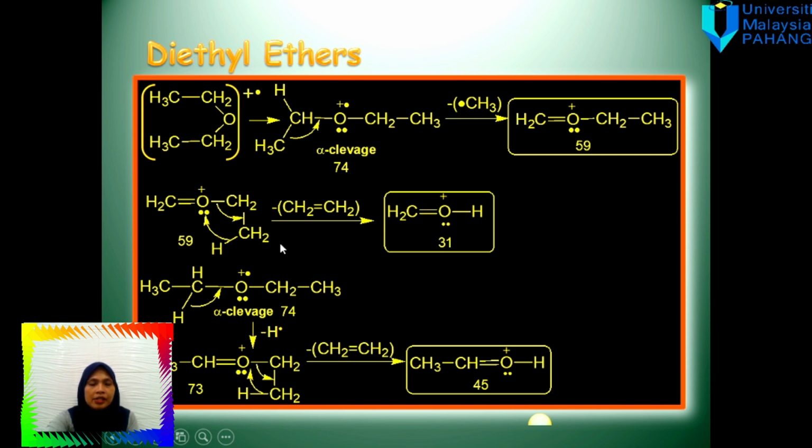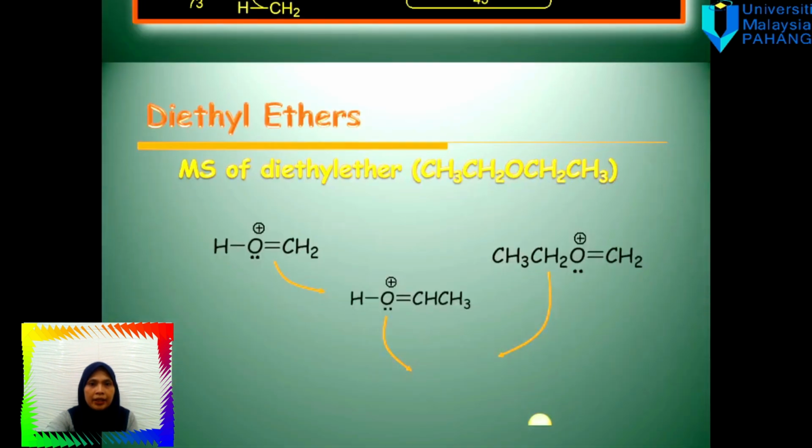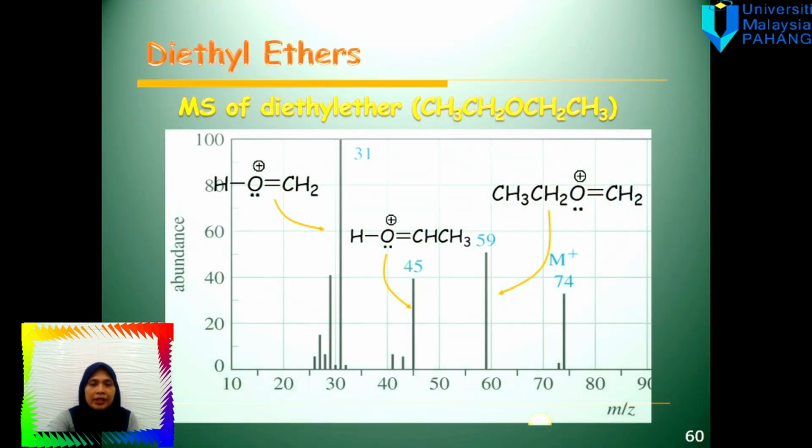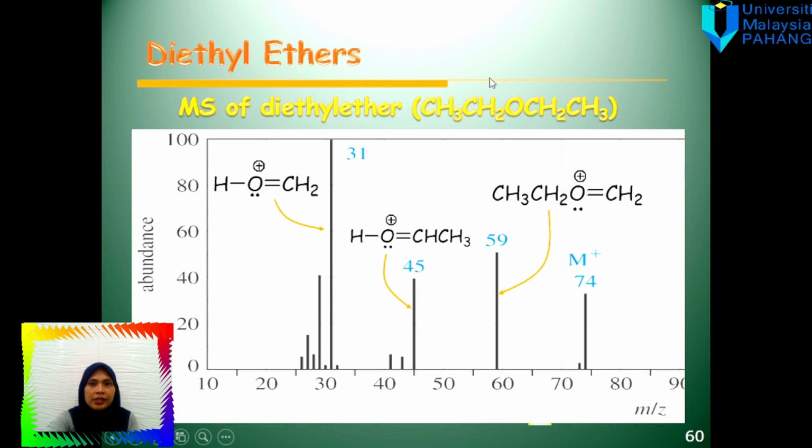So this is the next mechanism. We have to predict how m/z 31 has been formed by the transfer of electrons. We can show whether homolytic or heterolytic. There is no right or wrong when you show me whether it is homolytic or heterolytic, because both are acceptable. So this is diethyl ether. When you see this, it will tend to cleave the CH3 with the loss and form this part,